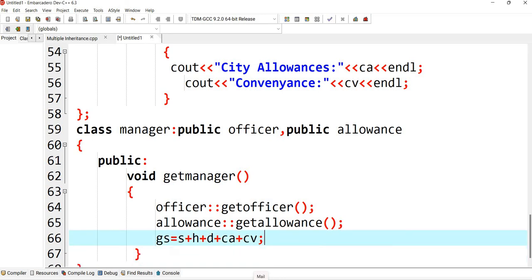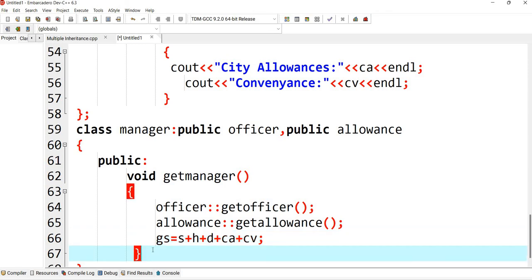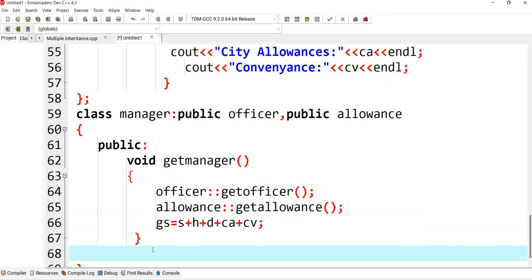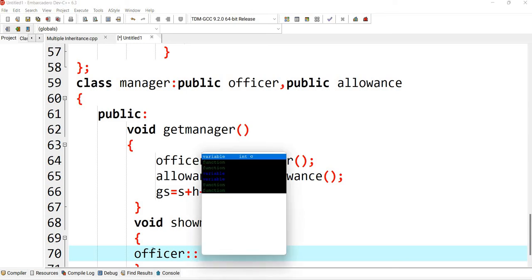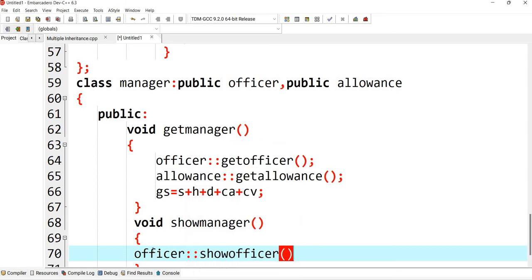Now I have to display the values here. So right here write show manager. Now here also call this display function for the officer and for the allowances. Officer, so you can see this is, write show officer.